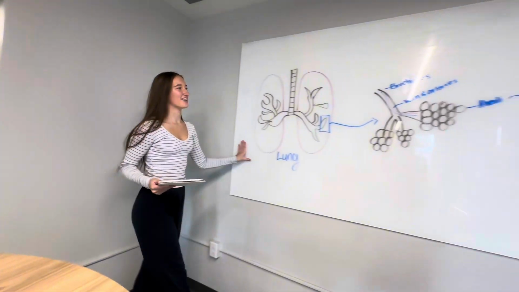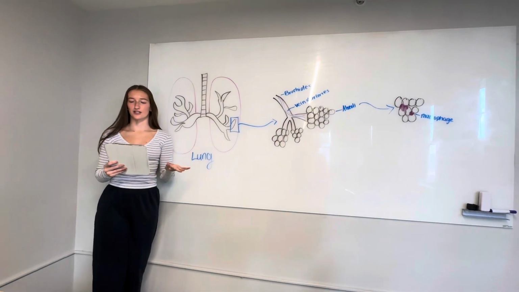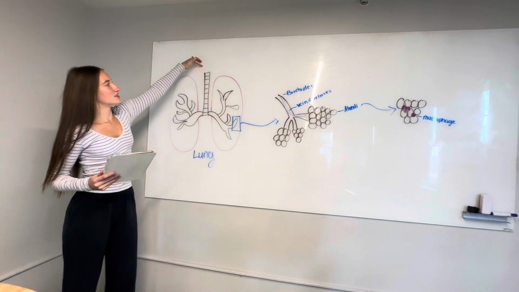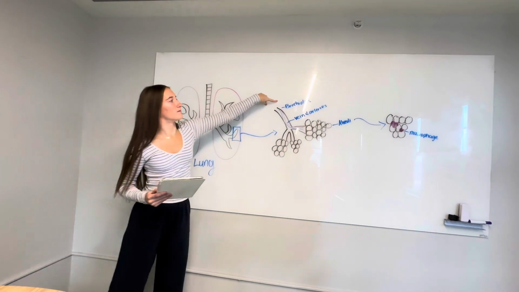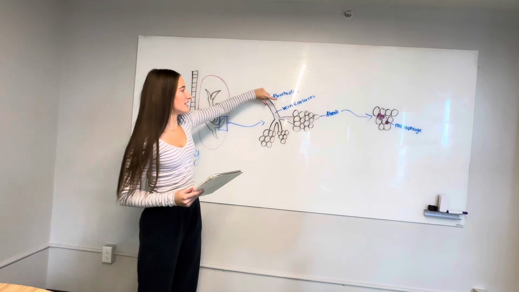TB is an infectious disease caused by bacteria that most often affects the lungs but can also affect other parts of the body. Based on this diagram, these are the lungs of the body, and basically a germ called Mycobacterium tuberculosis enters the lungs, which spreads to the bronchioles, which are shown here in the diagram, and then basically